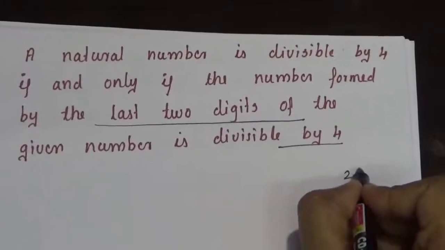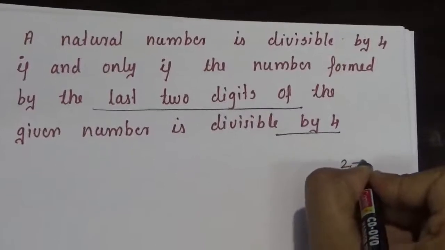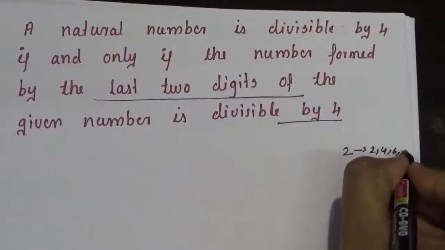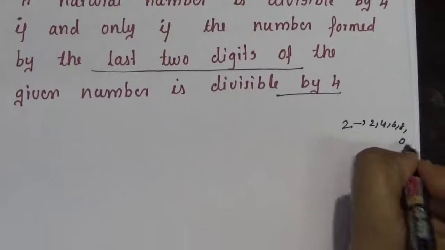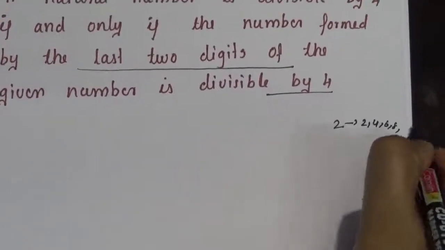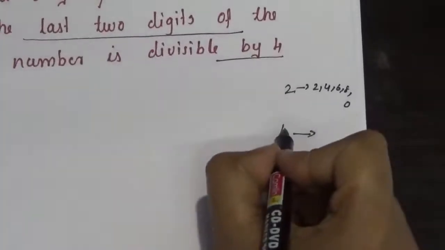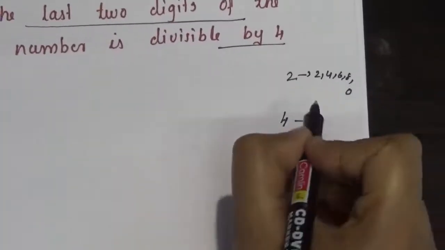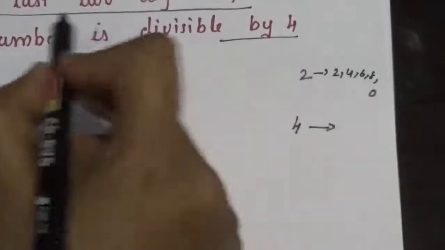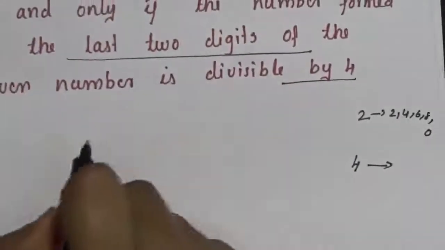The numbers divisible by 2 are the even numbers 2, 4, 6, 8 and 10. So in the units place we have only 0. Okay, and in the case of 4,